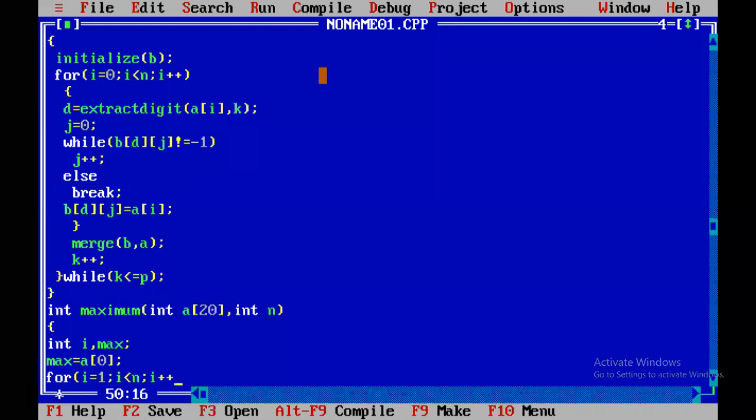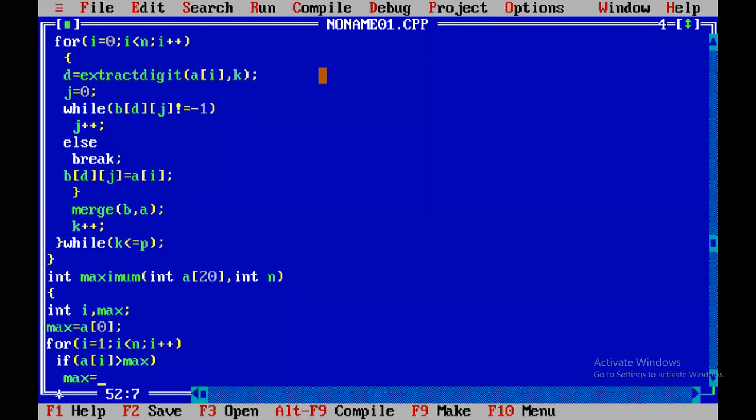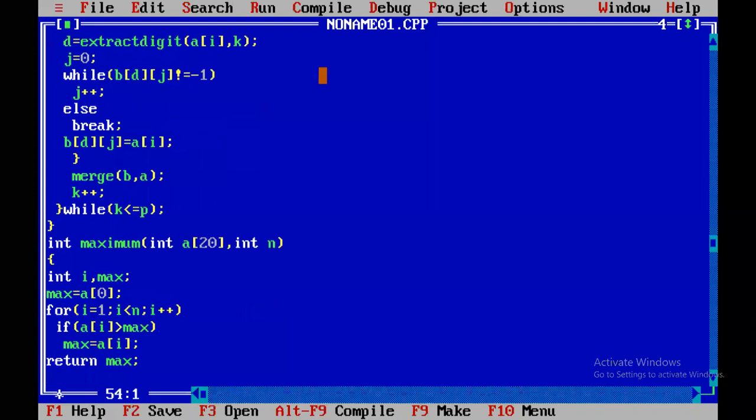For I equal to 1, I less than n, I plus plus. If A of I greater than max, max equal to A of I. Return max. This is the function we are using, maximum.